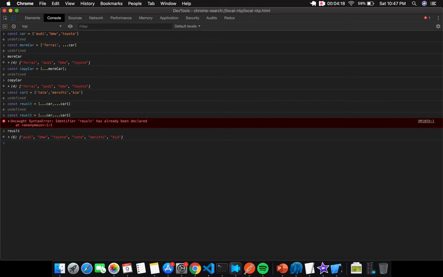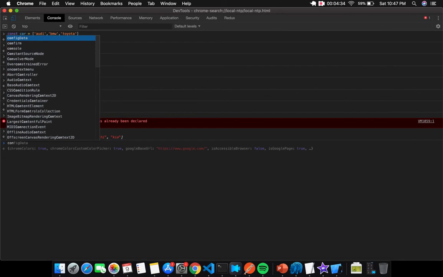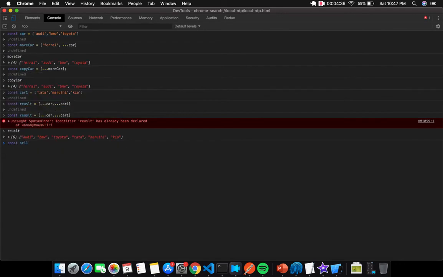Now we are going to see spreading of elements into a function call. I'm going to use car as the parameter for another function. I'm going to define a function sellCar that will take 3 parameters, that is f1, f2 and f3.